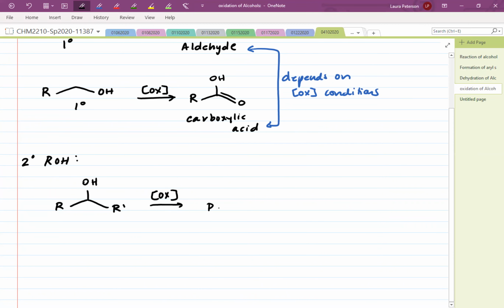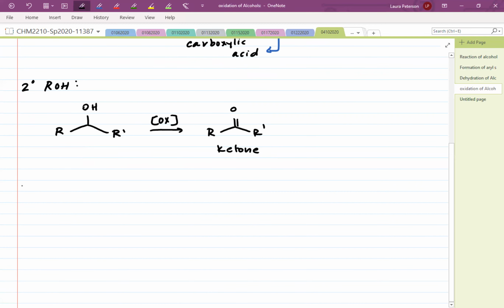That wasn't even selected, so I don't know why it erased it. We'll see if it erases again. So there's only one possible product for oxidation of secondary alcohols, and that is a ketone. Regardless of oxidation conditions for a secondary alcohol, we will arrive at a ketone. All the oxidation conditions that we're going to learn for secondary alcohols will give us a ketone. And then lastly, let's look at a tertiary alcohol,